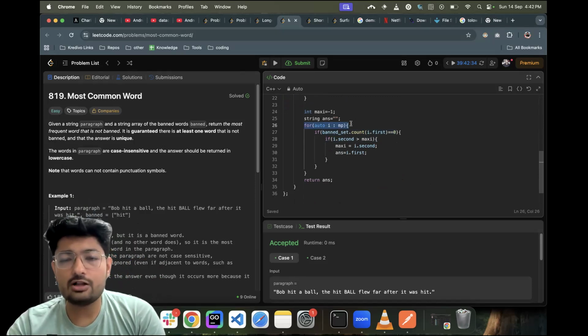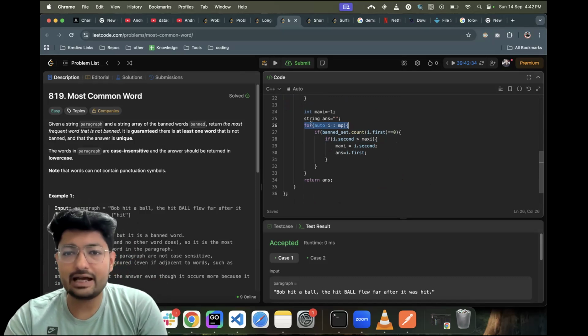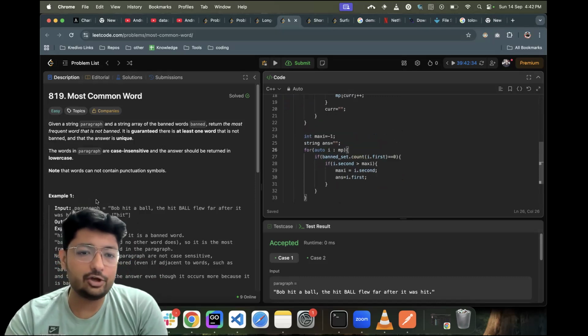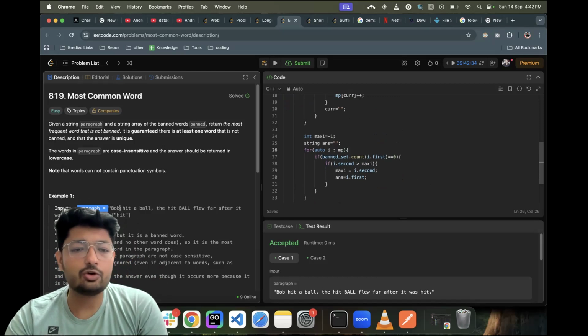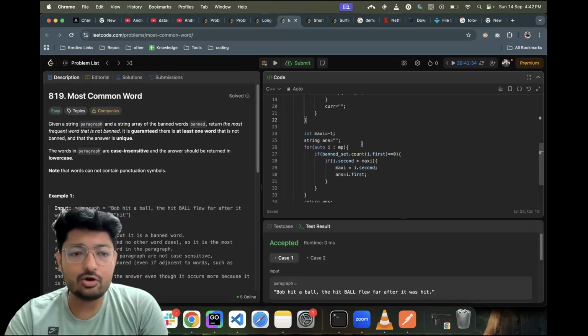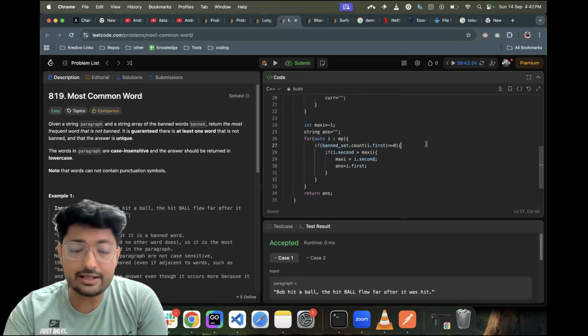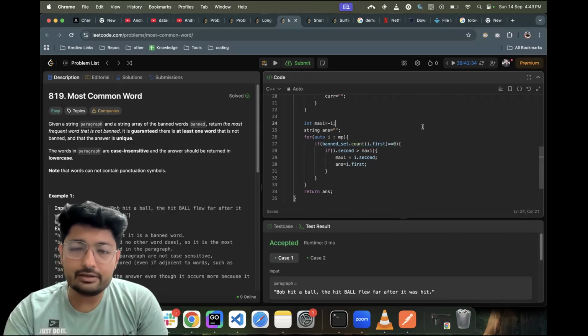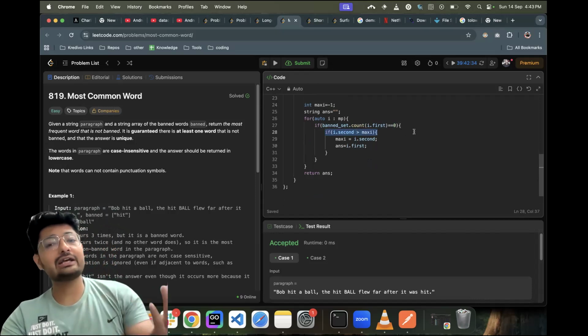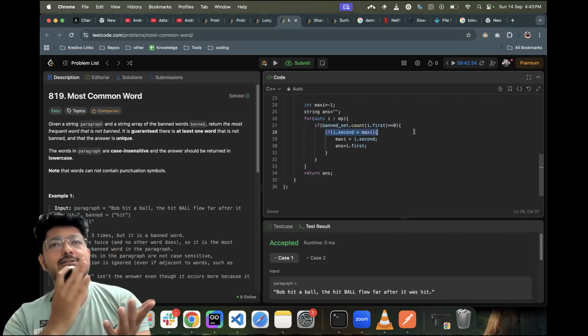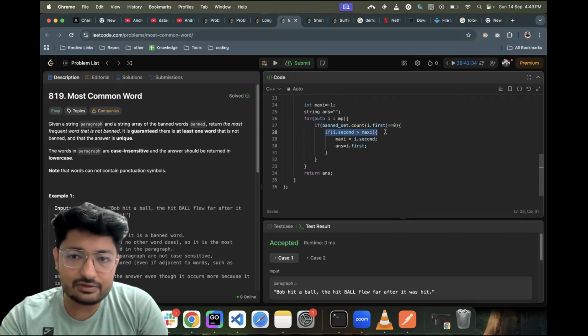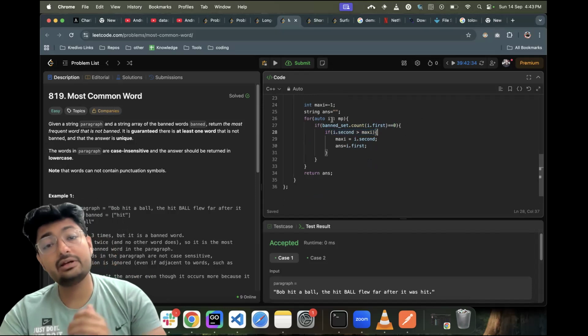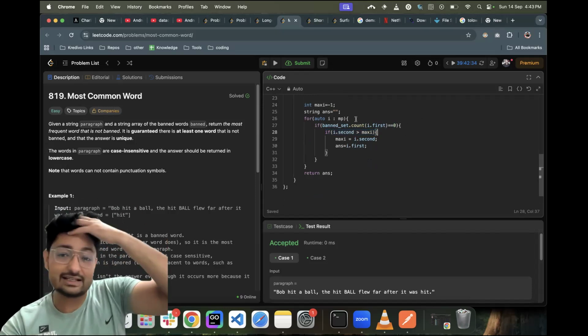So I'm iterating over all the words in the map that I have accumulated when I iterated over the whole paragraph and took all the words one by one. For every word that I've extracted from this paragraph, I will check that it should not be banned. If it is not banned, I will check whatever is the maximum occurrence word I have seen till now,